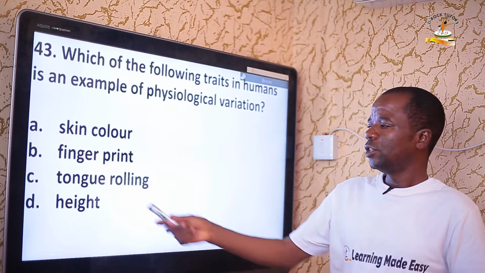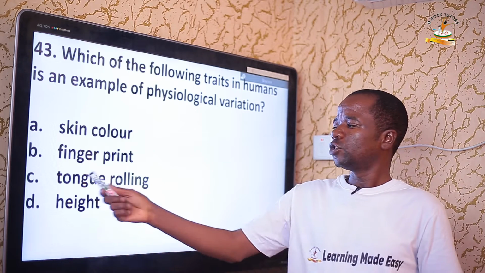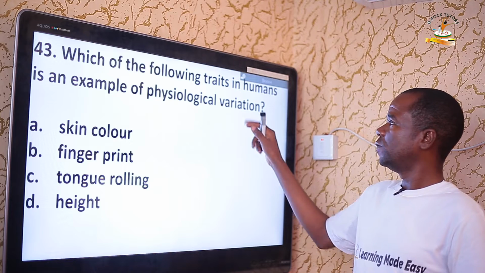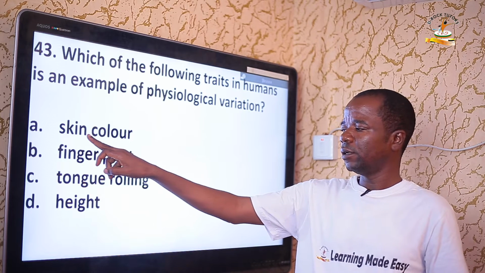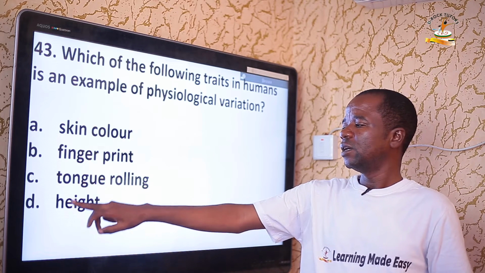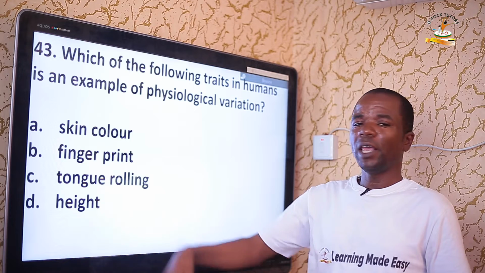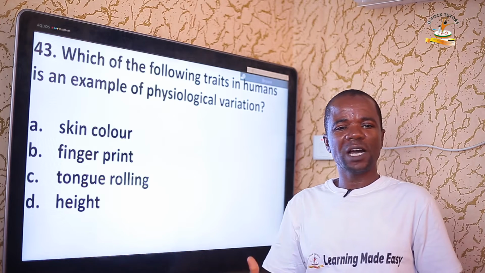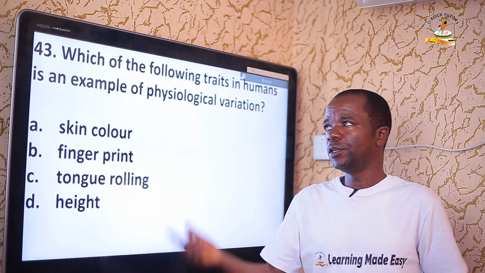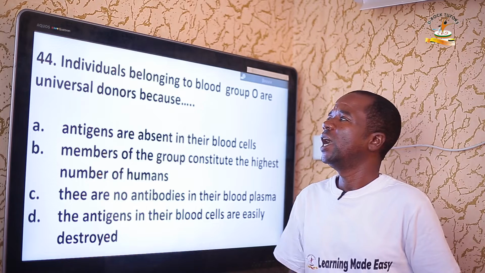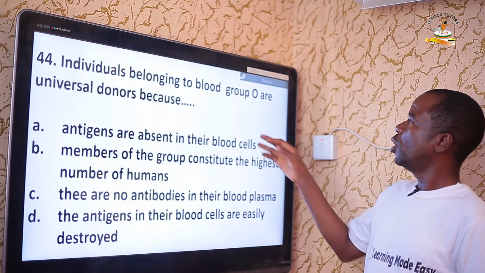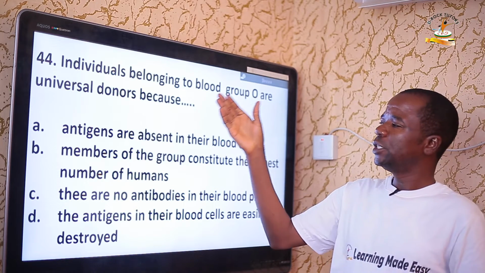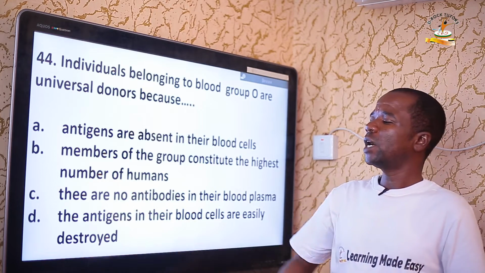So the correct answer here is C. Tongue rolling is an example of physiological variation. The skin color, fingerprint, and height are all examples of morphological or continuous variation. Number 44. Individuals belonging to the blood group O are universal donors because, if you look at all the options,